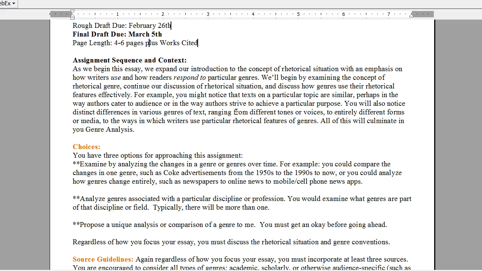An example would be, you might notice that texts on a particular topic are similar, perhaps in the ways that authors cater to an audience or in a way that authors strive to achieve a particular purpose. An example could be